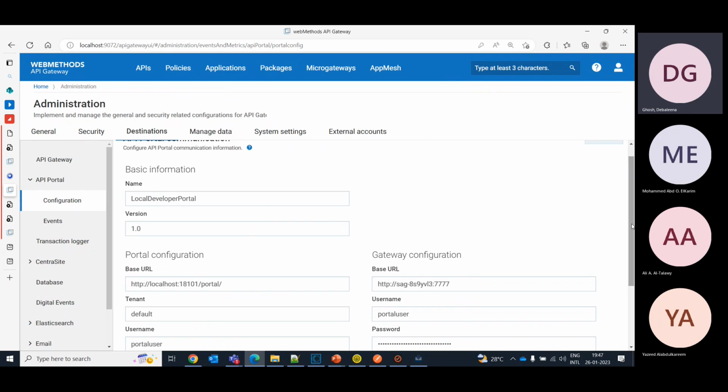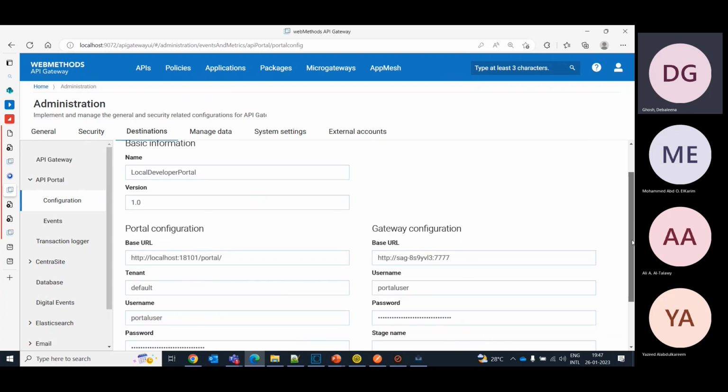At the same time, the developer portal should be able to connect to API gateway for application creation, in case of Try API, or when a consumer takes an API subscription, at that time the application is also created back. However, the communication is managed from API gateway, and hence